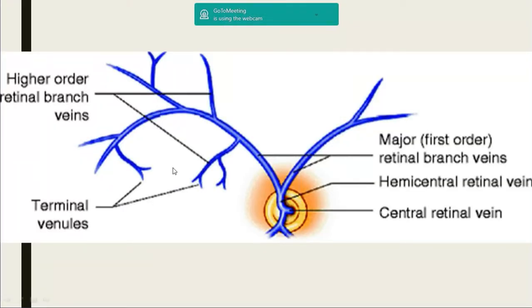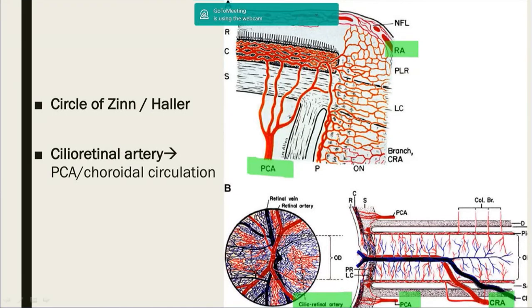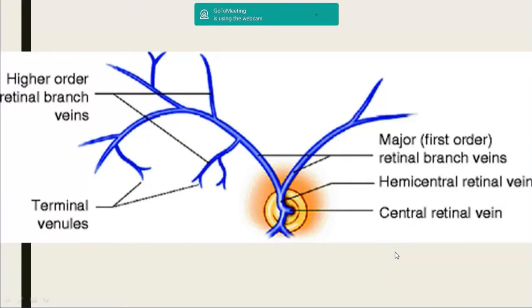Coming to venular anatomy, the terminal branches will go into the quadrant branches, that is superior and inferior. If you divide the fundus into superior, inferior parts and temporal and nasal parts, the veins drain from all the areas via superior temporal, inferior temporal, inferonasal and superonasal. All these drain into a small hemicentral retinal vein, that is, superior quadrant and inferior quadrant central retinal veins are present. They go into the central retinal vein proper, okay, which is right beside the central retinal artery in the optic nerve.